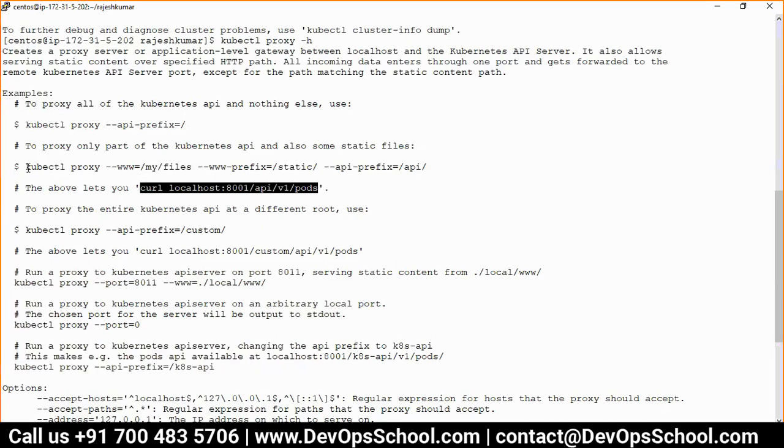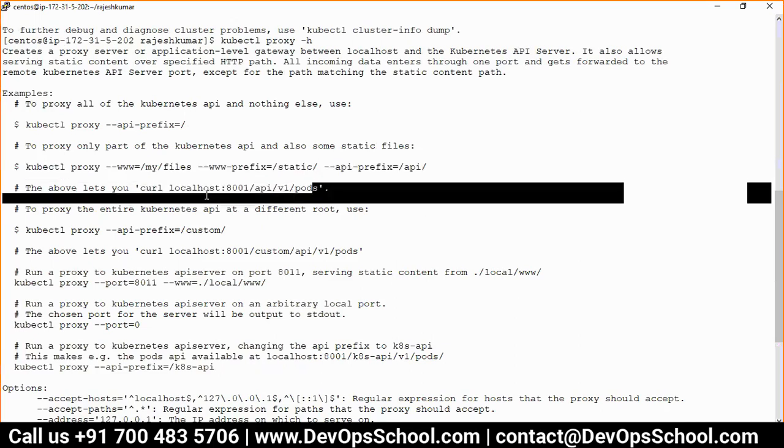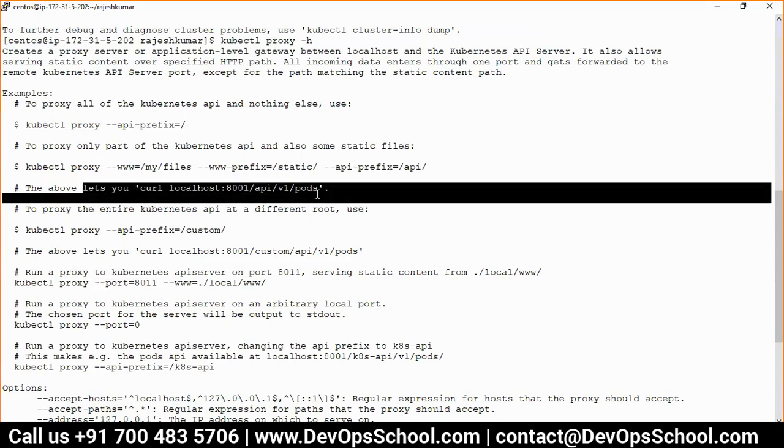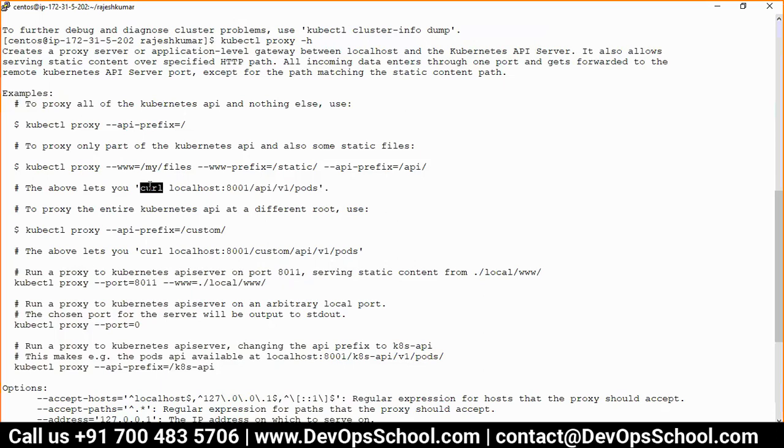Okay, so this command will help you connect to your API server's pod and query those resources through the localhost where you run this, at 8001. This is the default port actually. If you want to change the port, you can change it through this --port option. So that way it allows you to do that, and programmatic access becomes possible. So, got it?